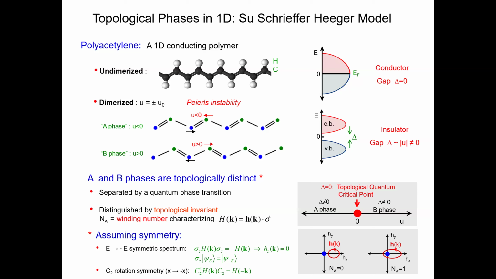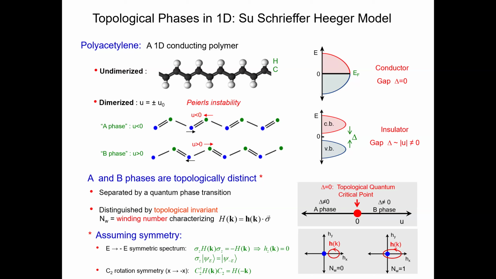Now, there's a caveat that I want to add to this. You notice there's a little star here. I told you that we have a Hamiltonian which is a 2x2 matrix made out of the Pauli matrices, but then I told you that we're only using sigma x and sigma y. You could ask, why is that? Why not use sigma z? Because if I use sigma z, then I could get from this to this by just going around, since there'd have to be another axis coming out of the page.